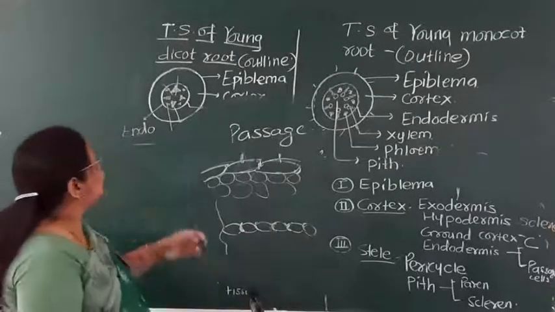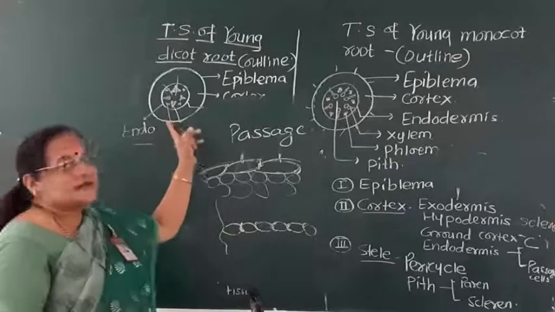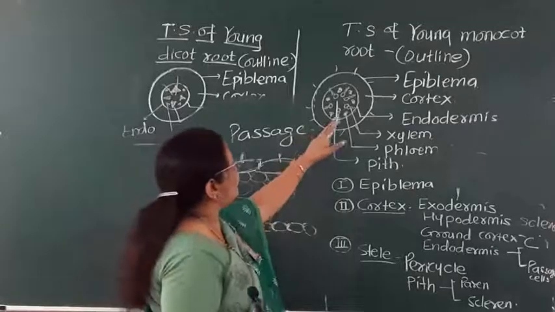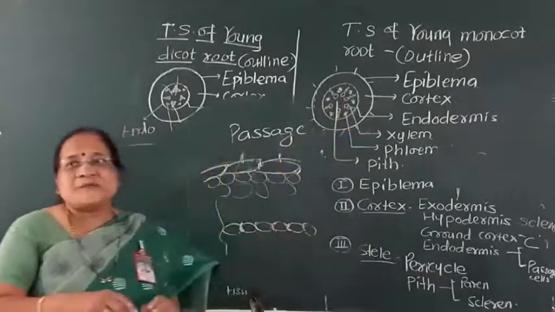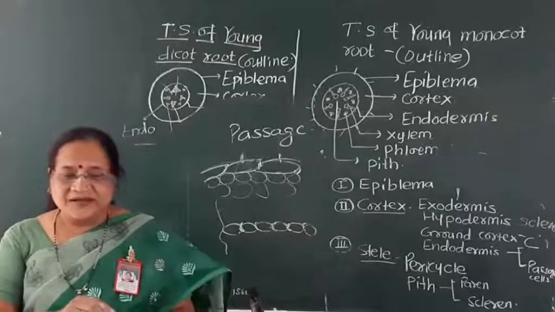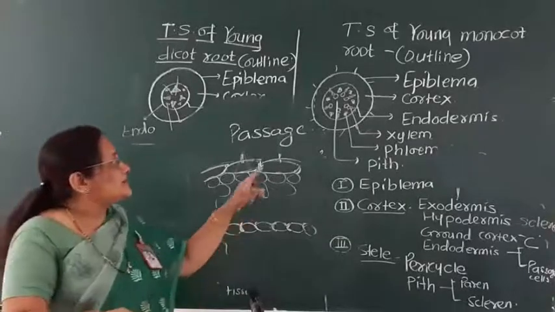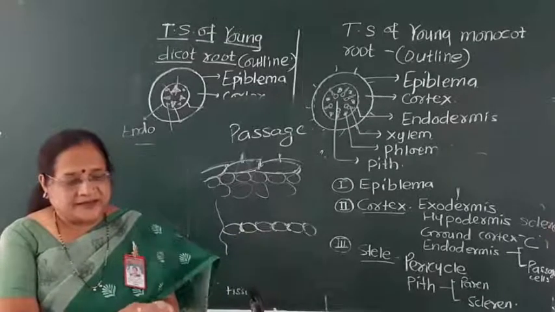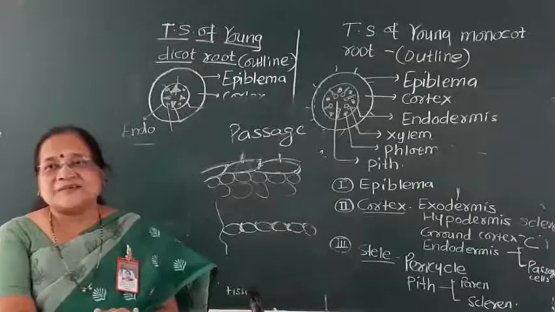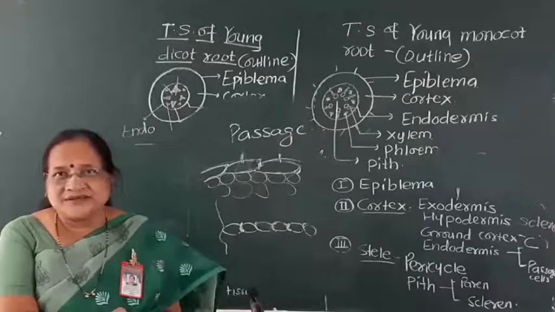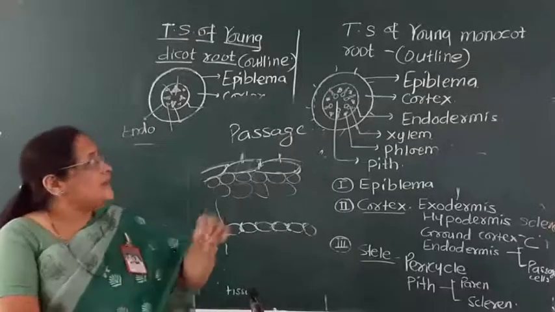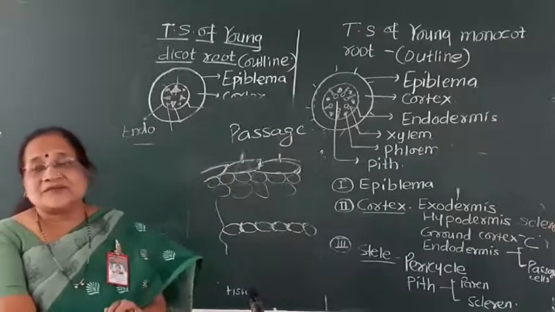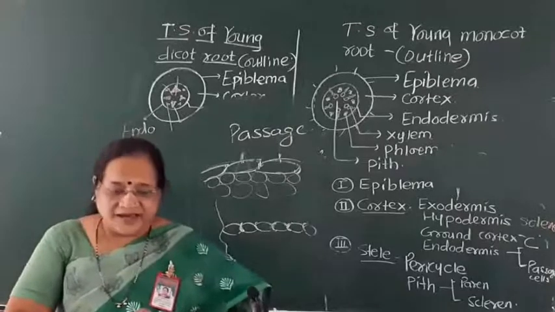But the main basic difference is that in dicot root, a limited number of xylem and phloem patches is there, but in case of monocot root you get so many patches of xylem and phloem. So xylem and phloem are more in number, and we call the structure polyarch and exarch. Means metaxylem is towards the inner side and protoxylem is towards the outer side. So we call it exarch, but we also get another word, polyarch,